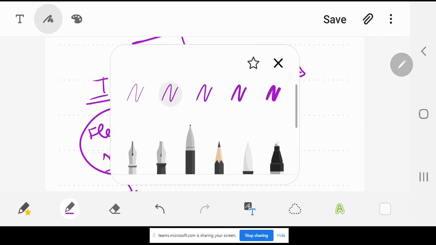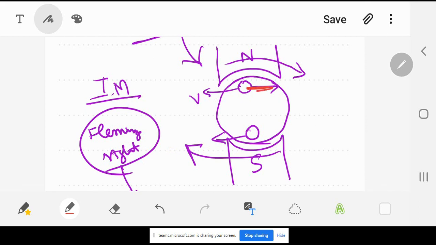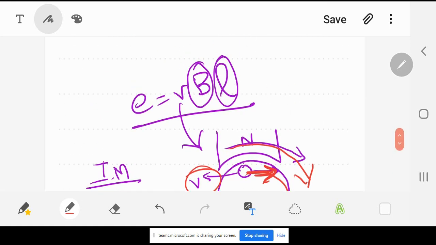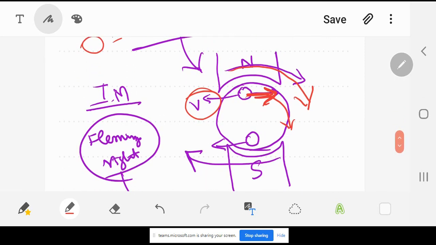That motion vector over here, if I show it with another color, is going to be this one. Now the stator rotating magnetic field is also rotating in the same direction. Now if they are both the same, there is no relative velocity. This means this vector is not there. When there is no relative velocity, there is no induced EMF. When there is no induced EMF, there is no current. But practically this is not happening. Practically what is happening is that the rotor is rotating. So this means that the rotor speed, or the physical speed of the rotor, is less than the stator rotating magnetic field. This is a very, very important concept.